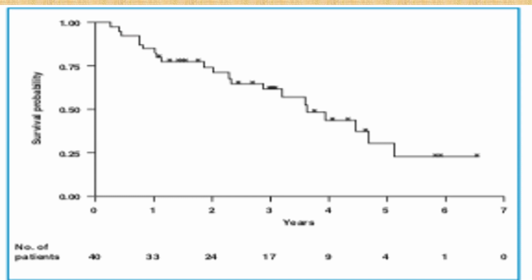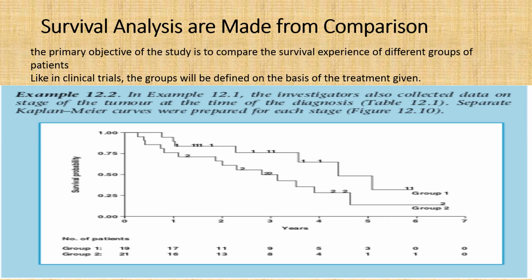This is what I am trying to tell you over here. Okay, this means that survival analysis and the Kaplan-Meier method is more advantageous. So we can use survival analysis for comparisons. The prime objective of the study is to compare the survival experience of two different groups of patients, or we can study clinical trials of two different medicines on two groups of individuals, or we can use diagnostic tests for two